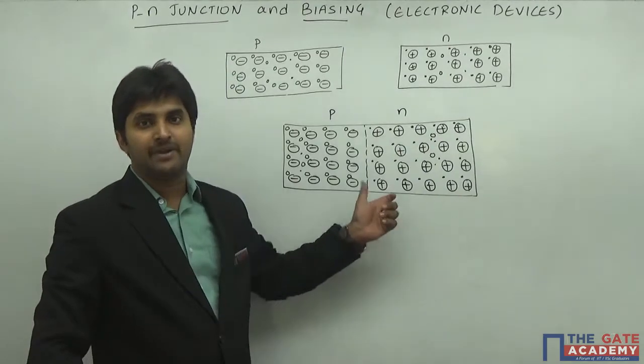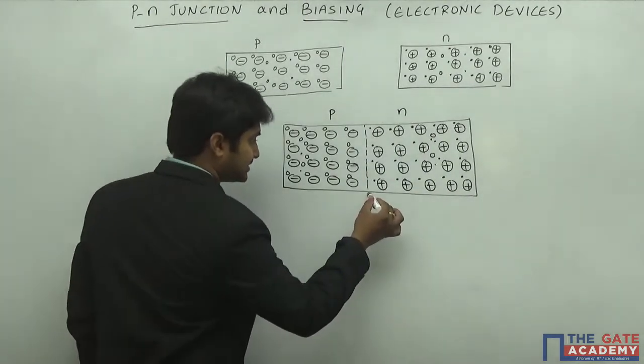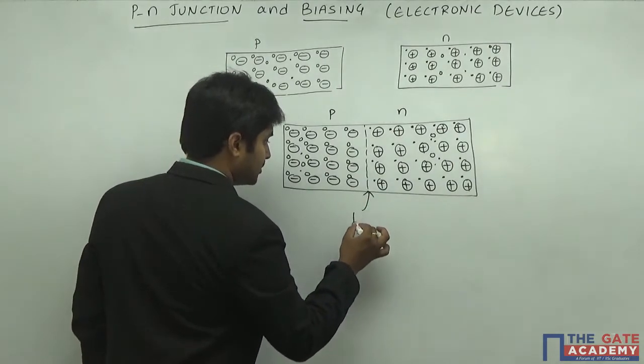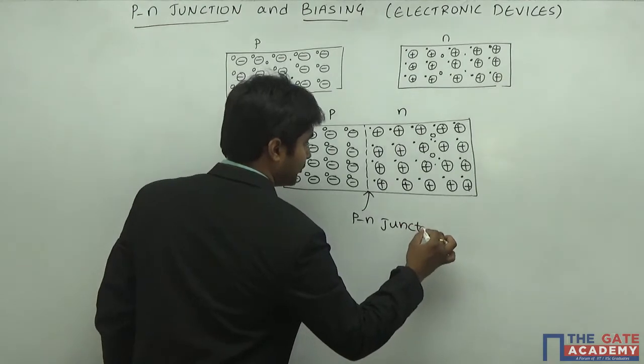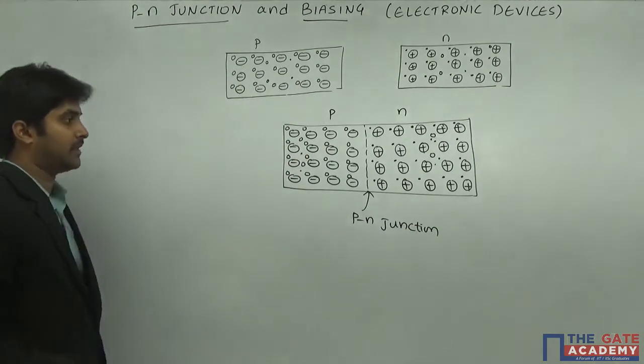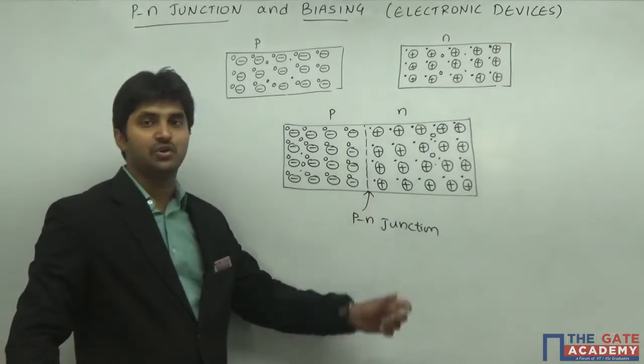Upon merging the p-type and the n-type regions, the PN which is formed has a junction between the P and N, which we call the junction. This is the center of the PN junction,